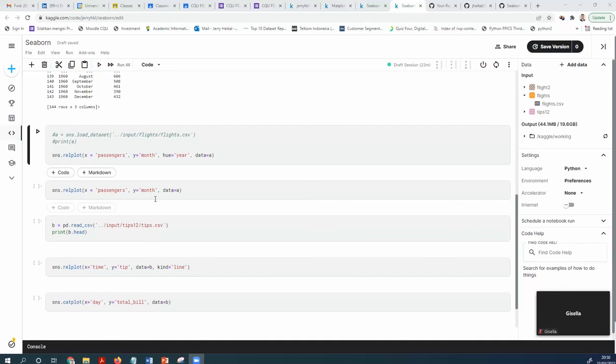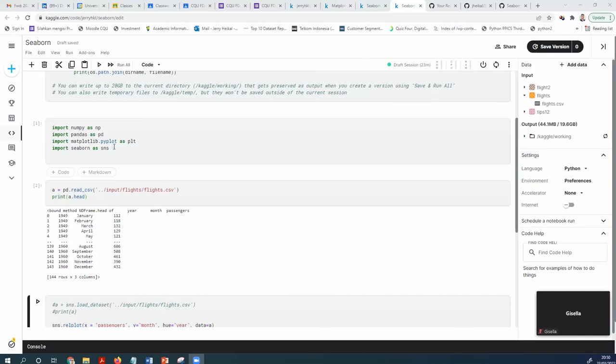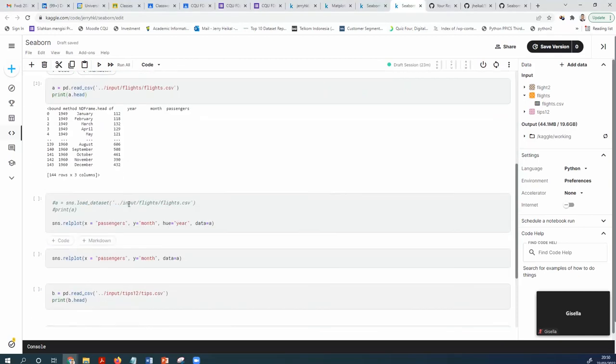Okay, so we have that flight data, and next we already imported Seaborn as SNS. So we are going to start with SNS.relplot.